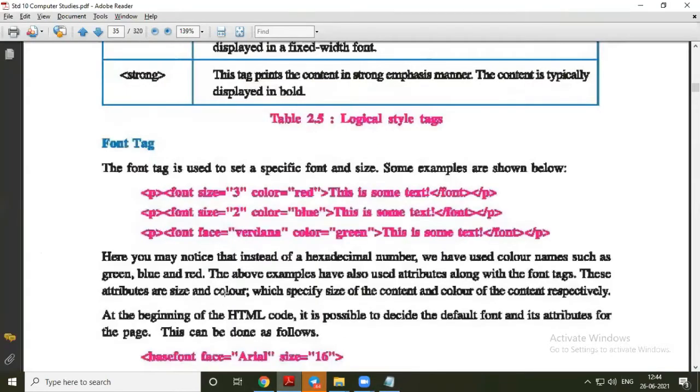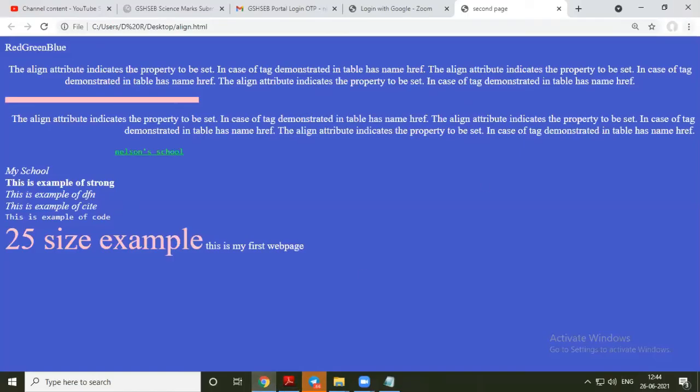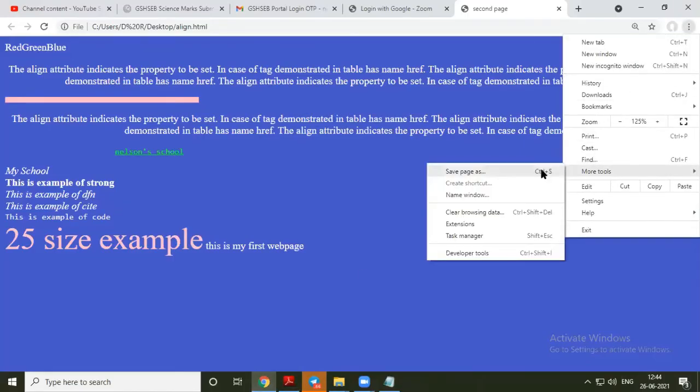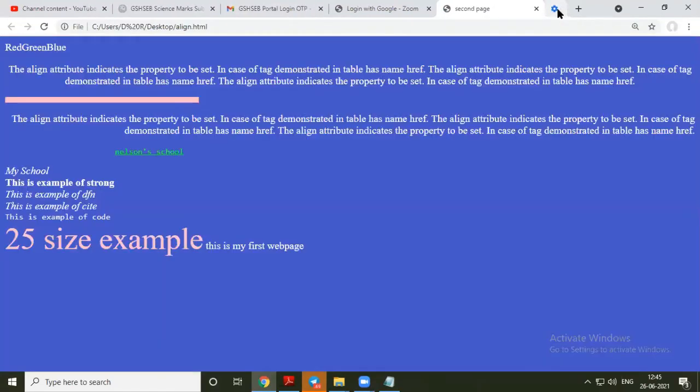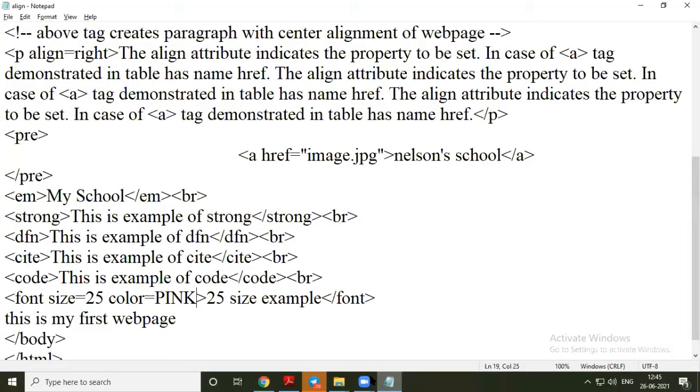Now the next attribute is font face. You can see this face is equal to this. So what is face? By default, if your web browser has any font settings, for example Times New Roman 12 or Arial 12, then the default font face will be there.